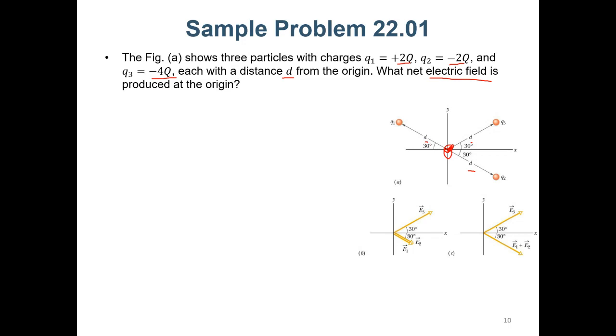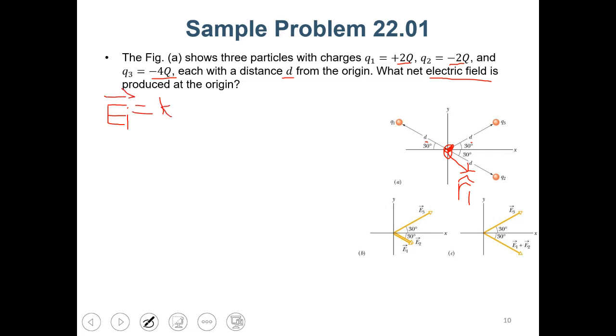So this is very simple. So the E field generated by Q1 is E1. I'll define R1 is like this. So E1 would be